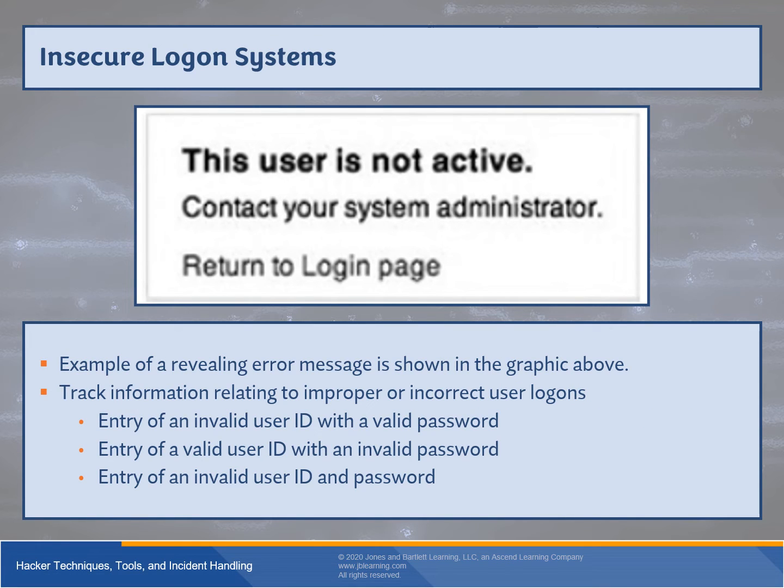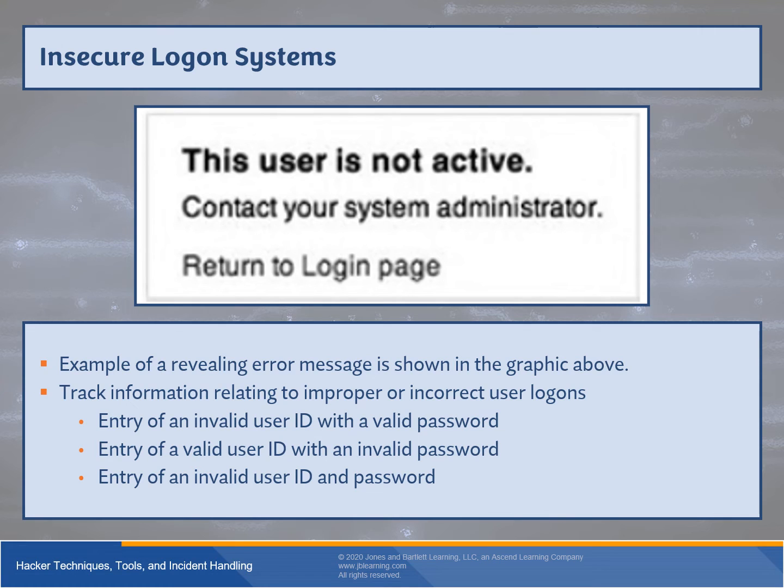Now, if we have a logon system that provides error messages, we want to make sure that we do not provide identifying information, or normally the kind of information that we wouldn't want to share. So an example of a revealing error message is shown here. This user is not active. So do we assume that this means that the user does not exist in the database, or the user does exist in the database and we just put in the wrong password? Have they been made dormant by an administrator? Things like